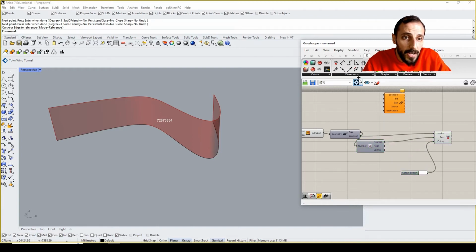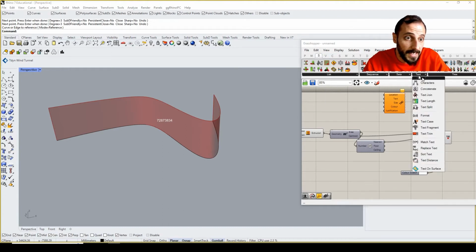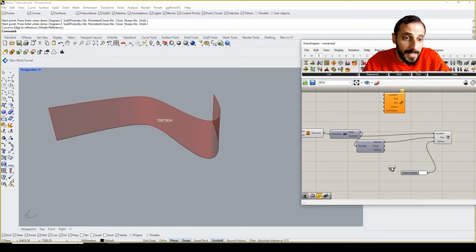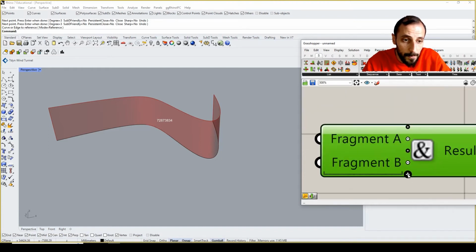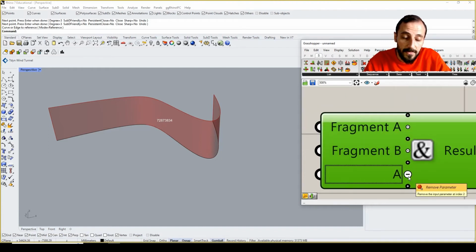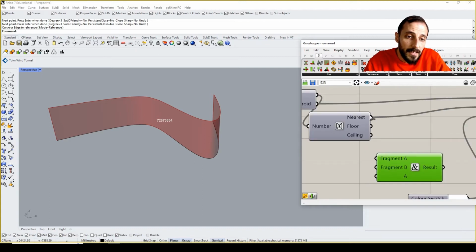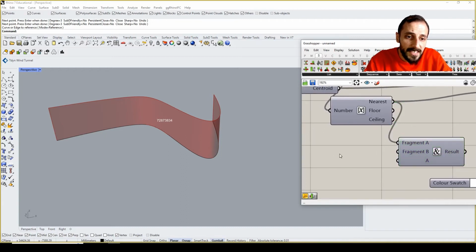If I go to the Set menu, under Text, you'll see something called Concatenate. Concatenate is a component that receives text, and we can add more slots as we did in the Merge component, and we can connect this nearest value here, not that one,